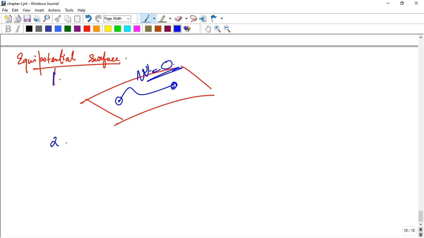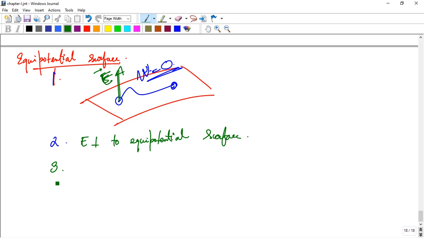two, the electric field is always perpendicular to the equipotential surface. Suppose there is an equipotential surface; the electric field E is always perpendicular to the equipotential surface. And point number 3, E is perpendicular to the equipotential